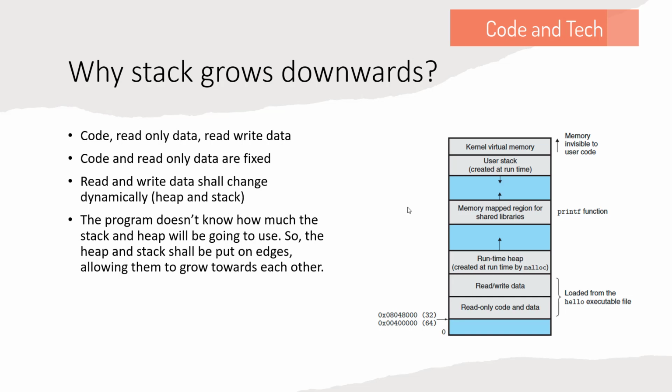As you can see, the heap and stack come under the dynamically allocated areas, so during runtime this area will change. A source code or a program cannot know how much the stack will grow and how much heap will be used. This cannot be predicted. So from the architecture point of view, they are allocated at both ends. The stack and heap grow towards each other, which gives the maximum space for the stack and heap.